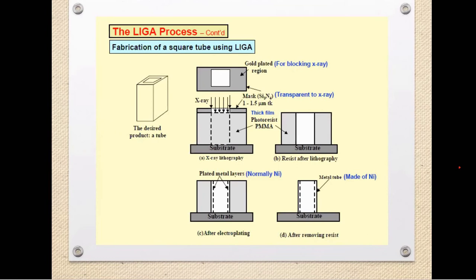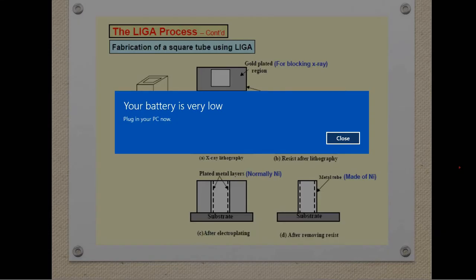The desired tubular product of the required thickness is produced after the removal of the photoresist material, that is the PMMA in this case, by oxygen plasma or chemical solvent. So at the end,